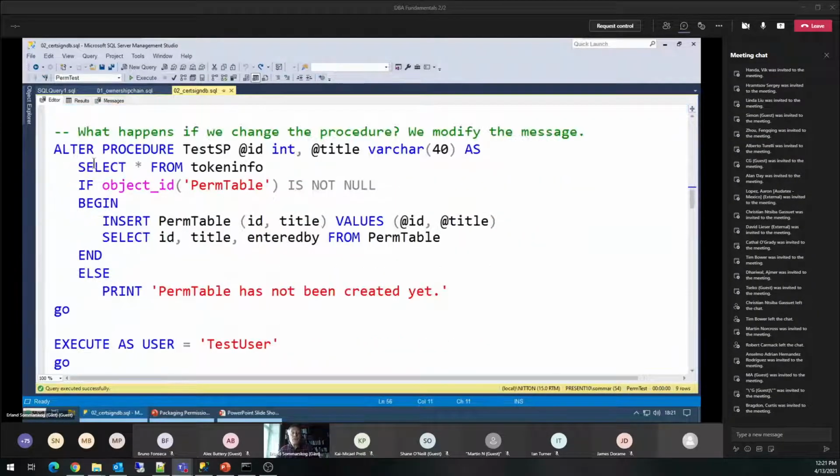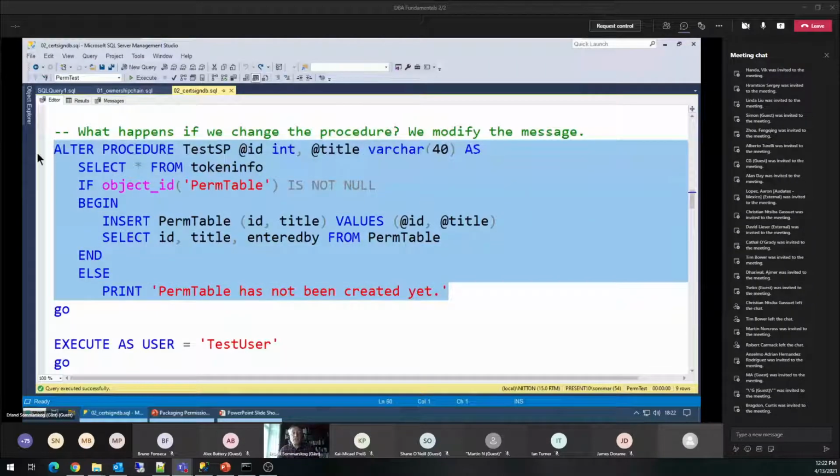Now, we get some complaints from the user nevertheless that, yeah, it was good you put in that message, but no table today, very confusing. People don't know about Herman's Hermits and hits from 1966, so couldn't you put in something a little less cryptic? Oh yeah, so we give in and say, okay, we're going to change this to perm table has not been created yet. So we change the procedure,